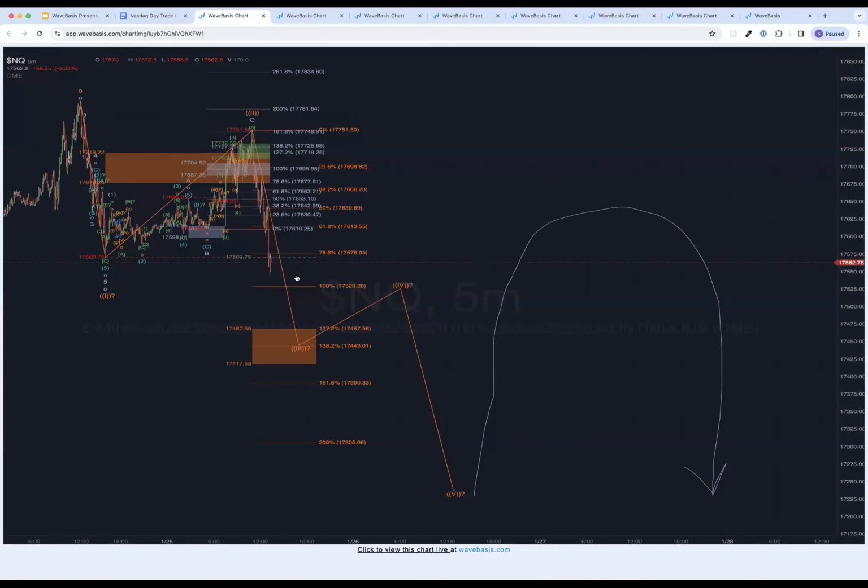If this is going to just be another correction, and the train is going to keep moving up, we're going to look for it to potentially stop at the A equals C. That's the 100% extension here. And even if we've gotten in up here and we're on a move that's going to keep moving in 5 waves, we're going to get a big bounce from here that on a scalp like this, you probably don't want to ride, or at least not without taking some profits. In any case, this is not a great time to add to a position, because it looks like it's probably going to end around here. So I had to point that out to him.